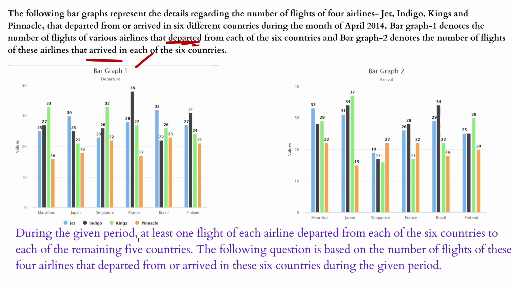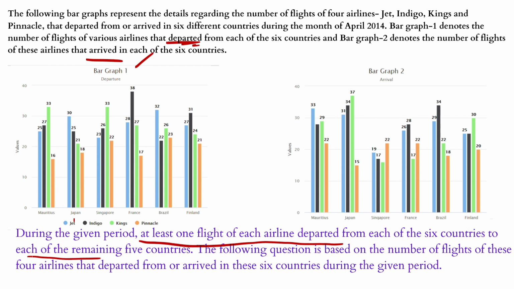So during the given period, at least one flight of each airline departed from each of the 6 countries to each of the remaining 5 countries. So what does this mean? At least one flight of each airline departed from each of the 6 countries and to each of the remaining 5 countries. See, let's say